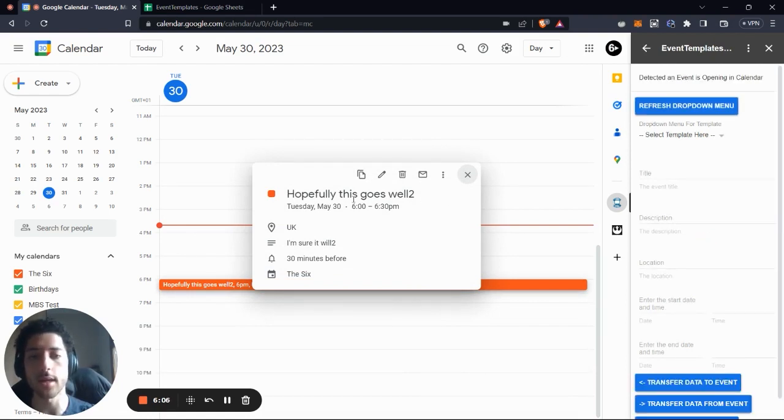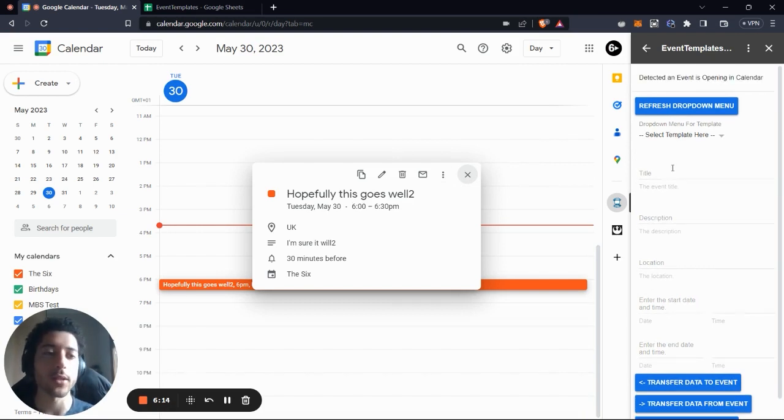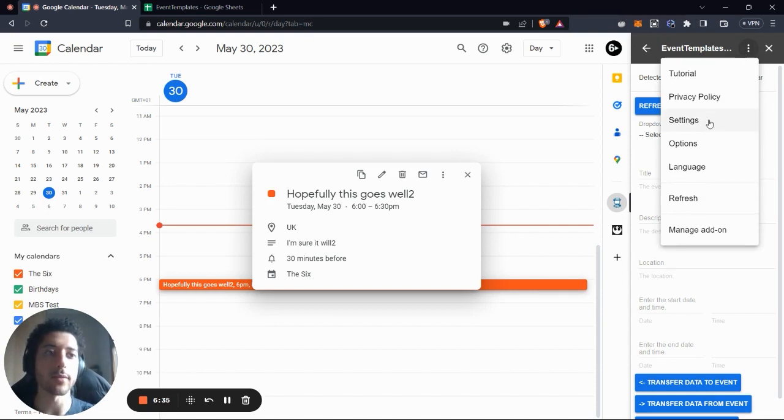that I've just added. So that's the third feature that is in our add-on, which pretty much concludes the functionality of the add-on. Key things I want to note is that the sky's really the limit in terms of organization and categorization. So you can have multiple Google Sheets tied into the theme of your event. So say wedding events, birthday events, and then you just need to go into the settings and configure that new Google